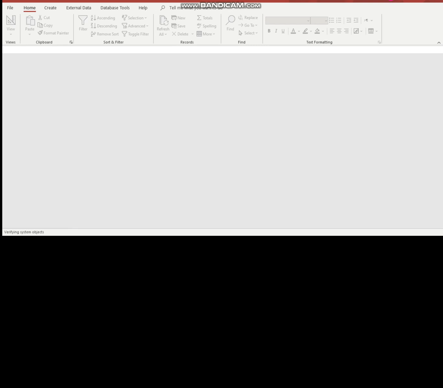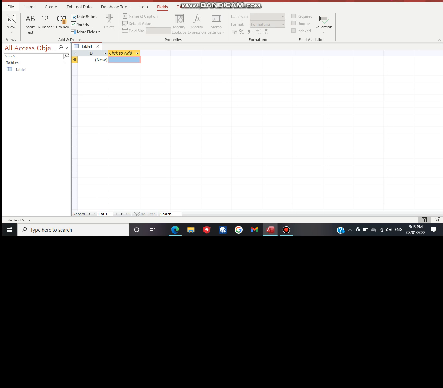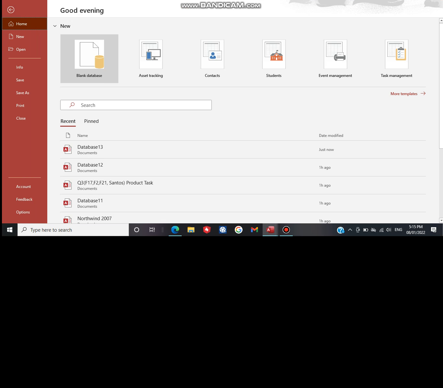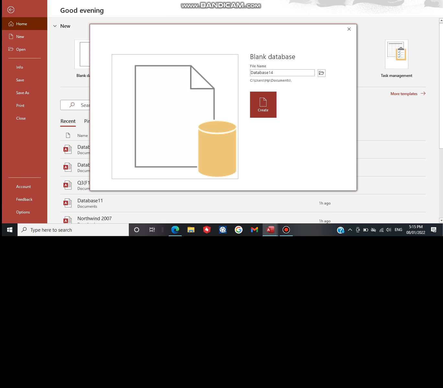So there's supposed to be a blank database. Let's do that again. Okay, so as you can see, there's a file name here, and then we are going to put that certain file name, which is Q3, and then our class numbers F17, F21,